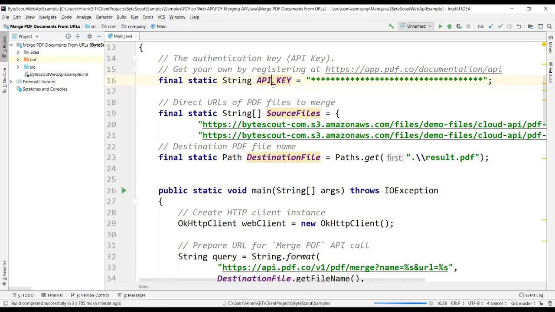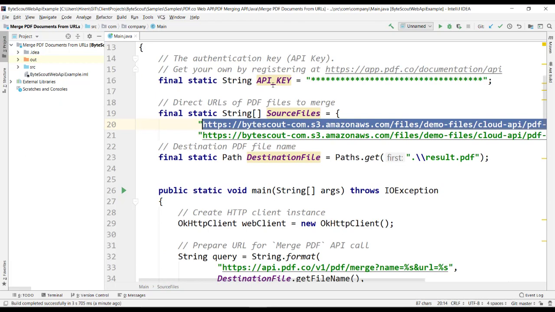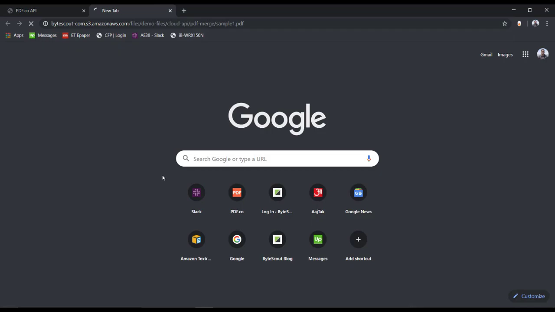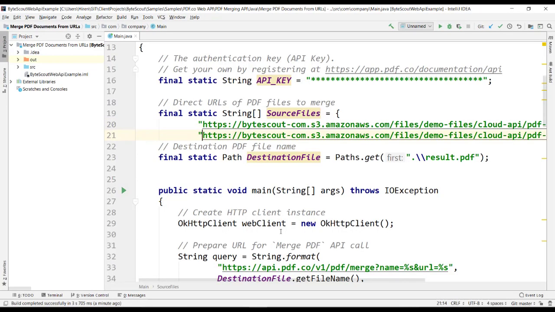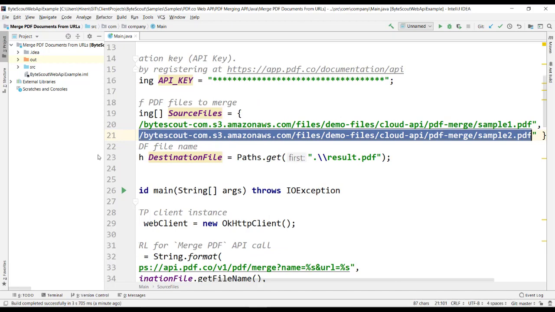So first of all, we have the placeholder for the API key, which we are going to provide here. We have the two input files. Let's see the content of them, for which we are going to perform the merge operation. So it's the first one. You see there is a 1-page PDF file here, and here is the second file.